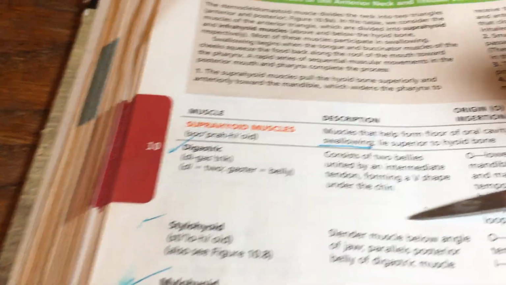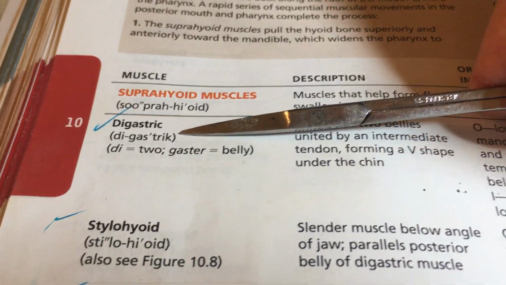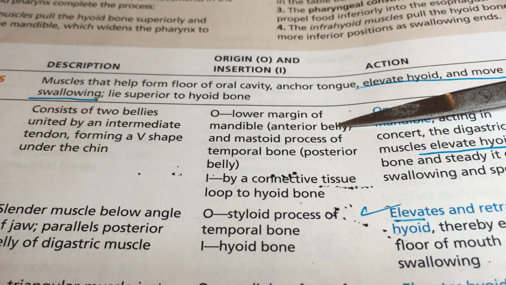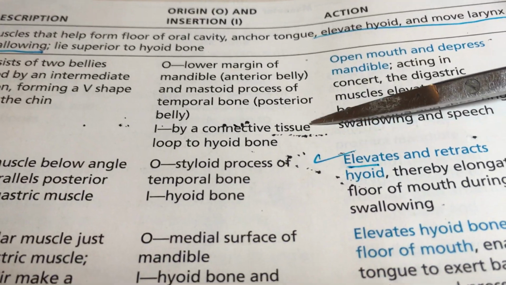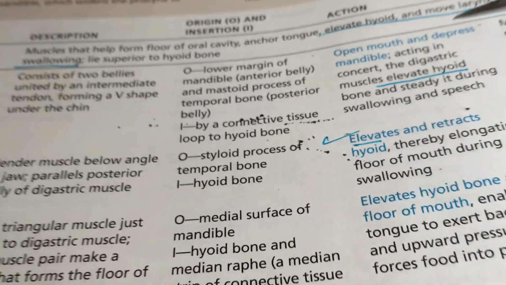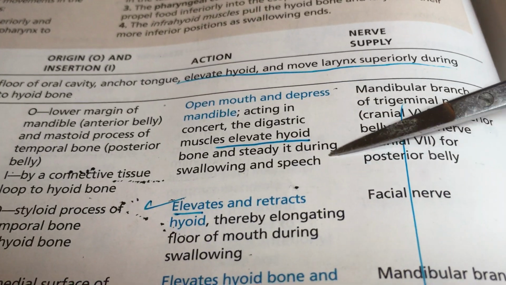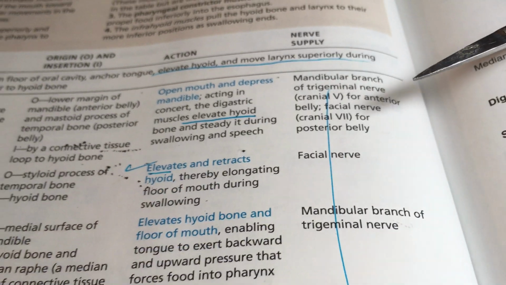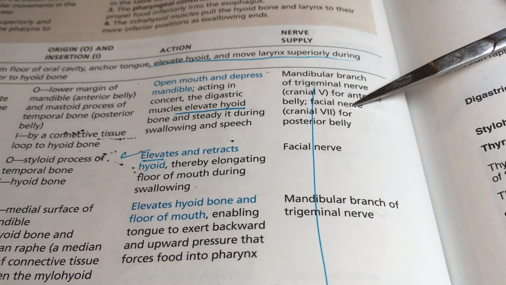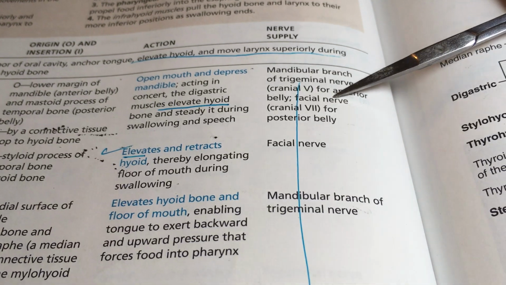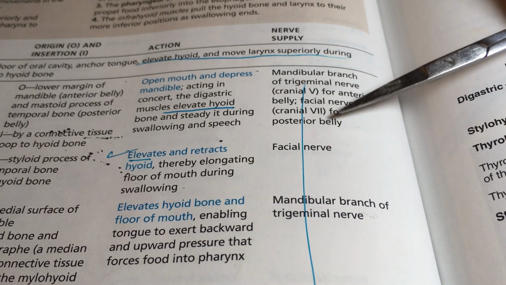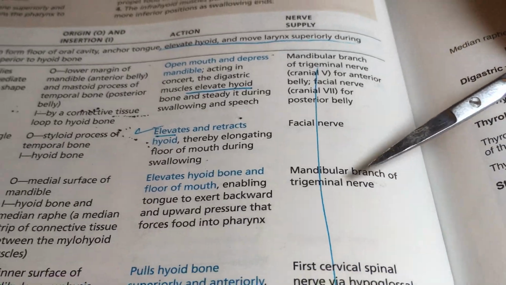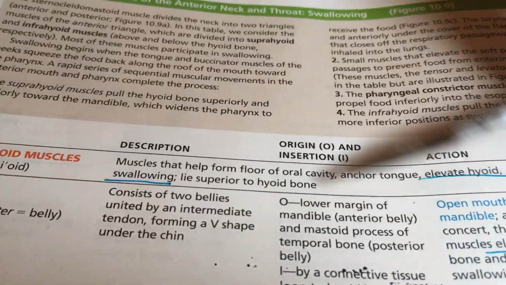Let's look back here again. Here they're beginning with digastric, and they're listing the origin as the mandible and the insertion as the hyoid bone, and of course we're elevating the hyoid. And again, we're not actually going to be testing you on this particular thing. There's a variety of nerves here that are considered, but the main thing I want you to know is